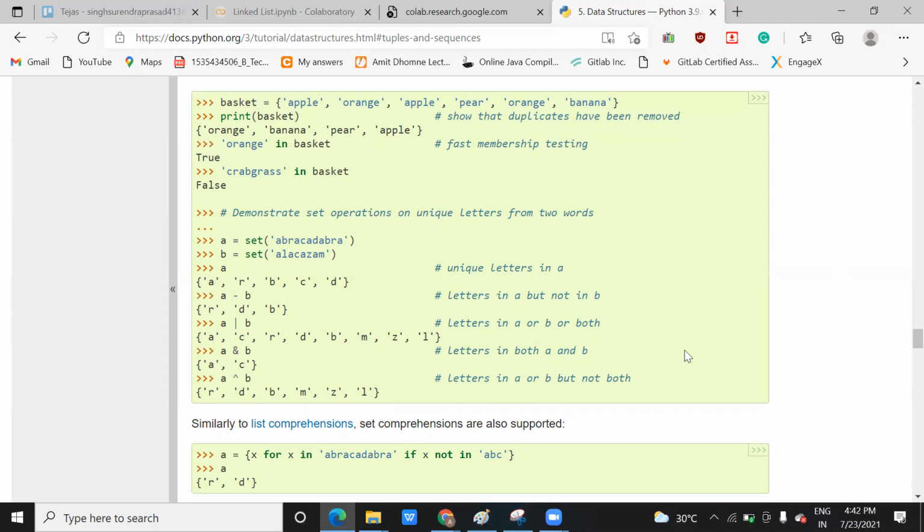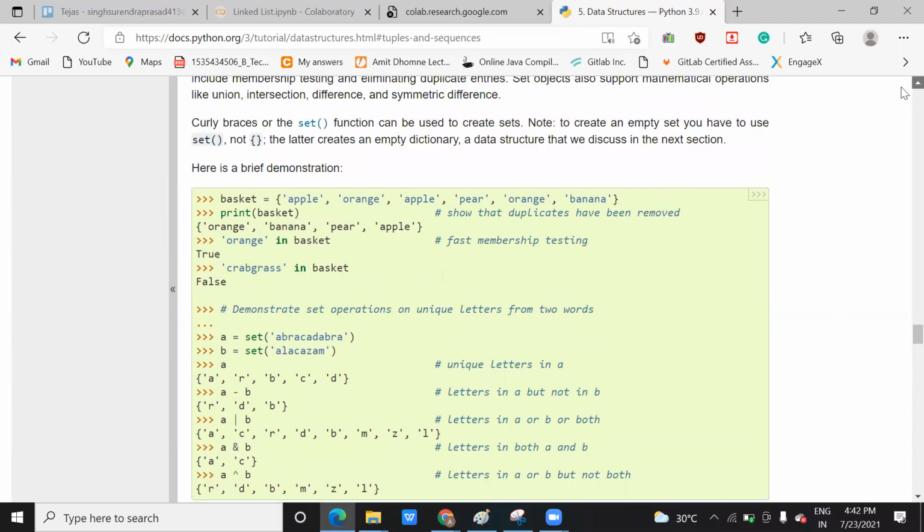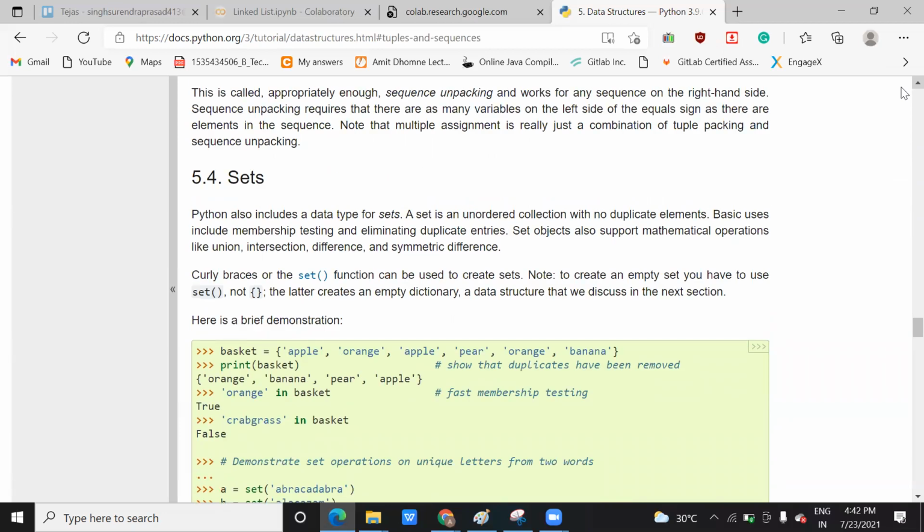Okay, just you can see it here. As I said, set is also one data structure. But the difference between set and other data structures is that set is unordered. They do not follow any order. And the second thing, they do not allow duplicate elements. This thing you should remember.